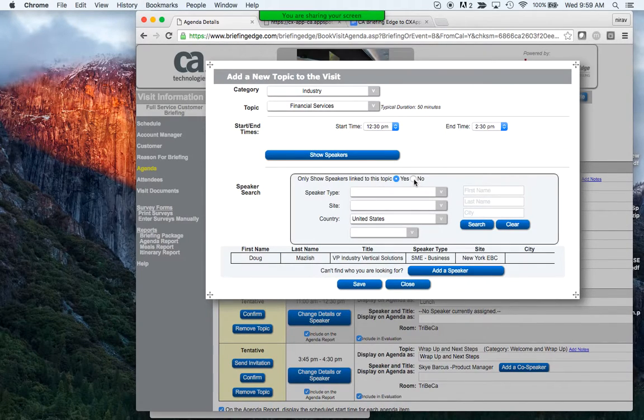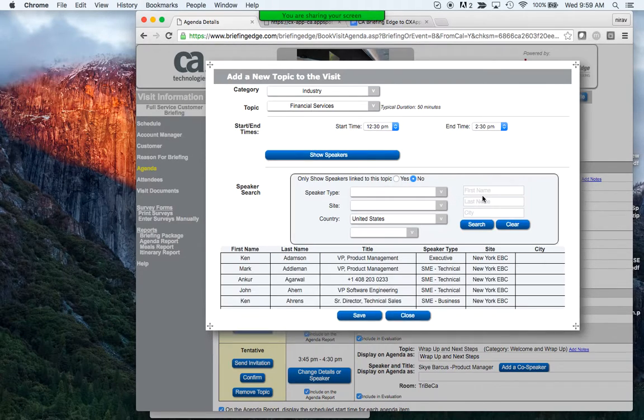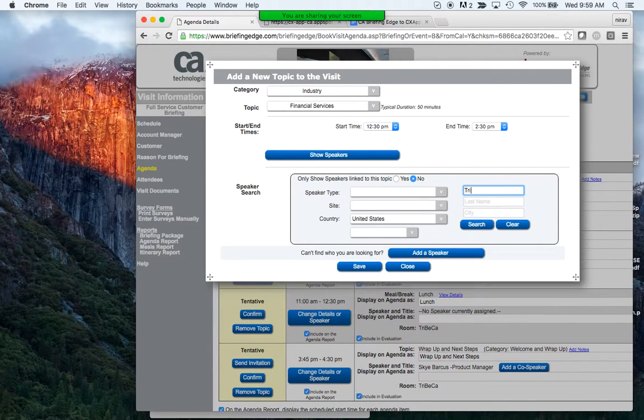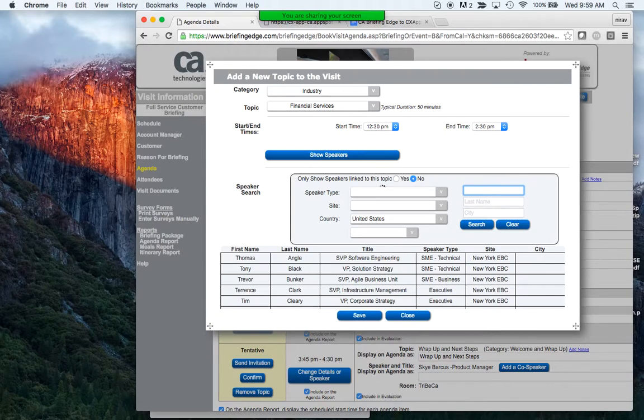So you're selecting no up here. Only show speakers linked to this topic. So no, you don't want that. Oh yeah, we got to change that. Yep. Let's change that with Briefing Edge because that's very annoying. Every single time I do it, you need to change that switch. It should be automatic. Another one, do it under